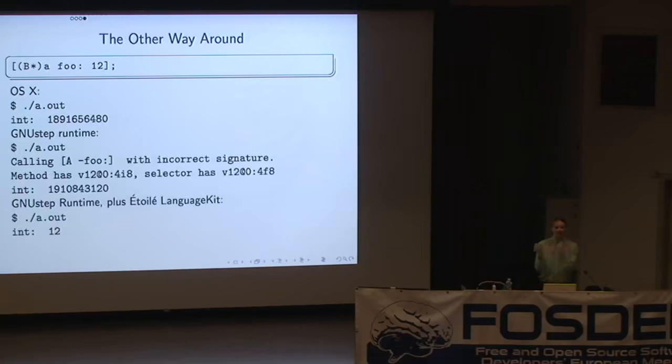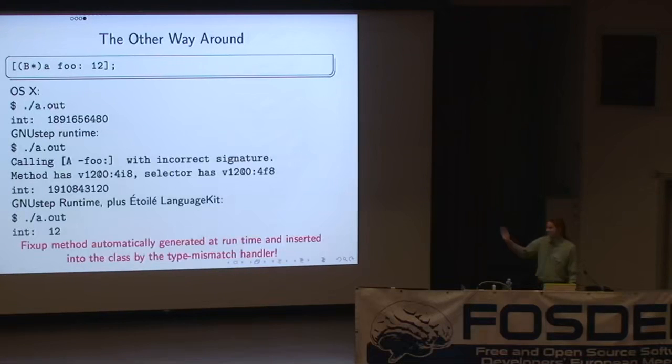We're going to do that type conversion for you and call the correct method. So this is just a little demo that I think is quite fun. I probably wouldn't recommend enabling it in production code, but when you're testing stuff, it's quite nice to say, okay, you've got a bug, we'll fix it for now at runtime, you can carry on your testing, but don't forget to fix it in your code before you actually ship.